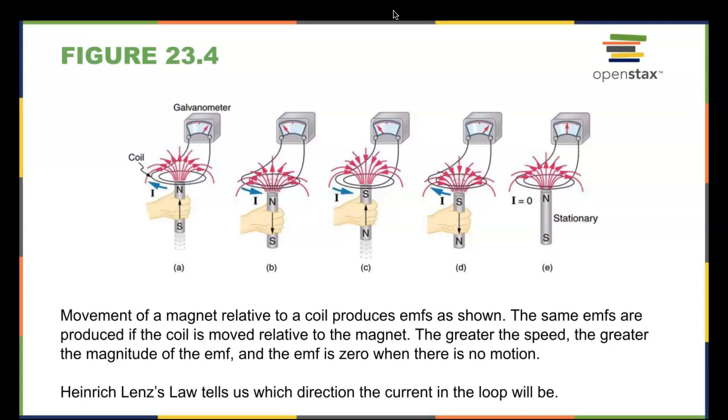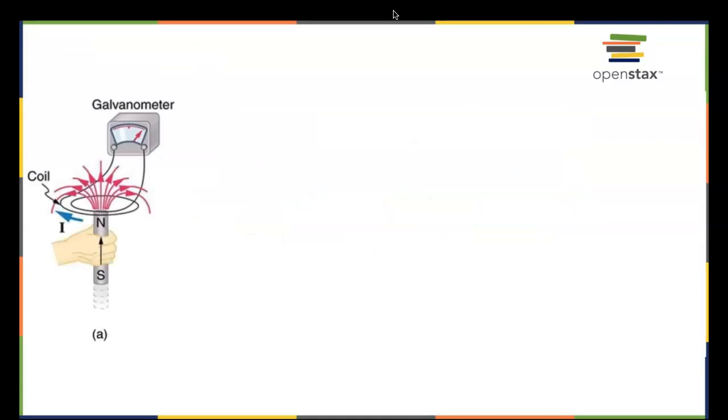So movement of a magnet relative to a coil will produce a current in the loop, which means it's also producing an EMF to cause the current to move. For example, here we have a coil of wire, and we have a magnet that is raised upward. You can see the little cartoon motion showing that this magnet is moving upward. As it moves upward,